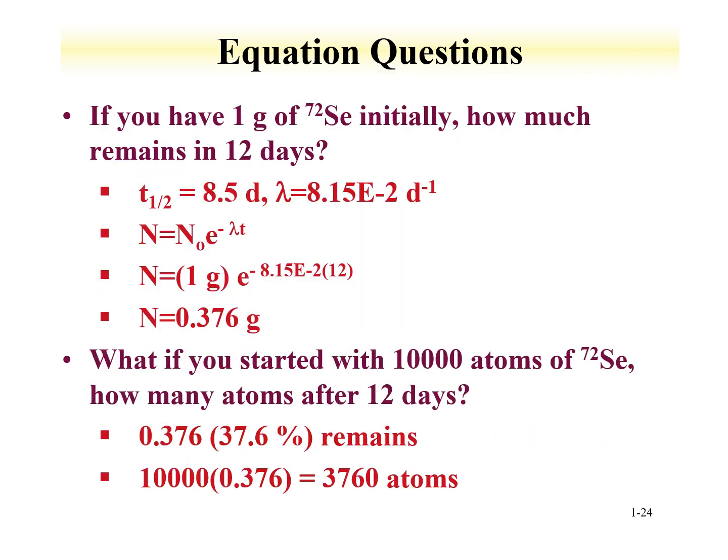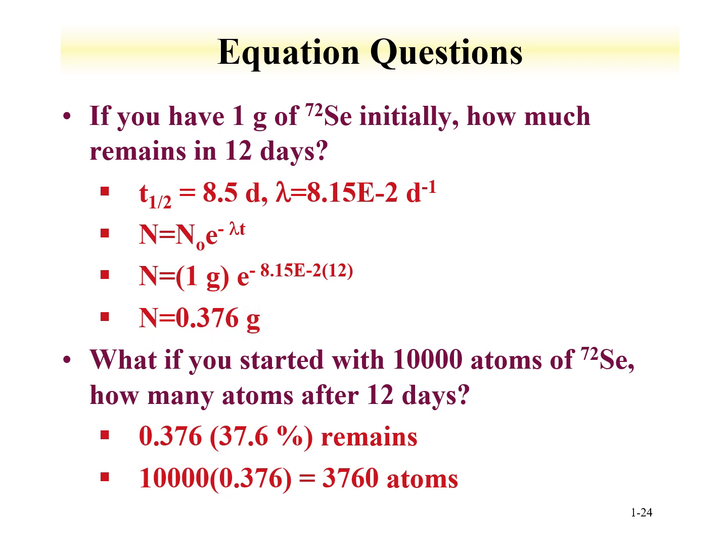Based upon some of the equations that we've reviewed, one should be able to answer some of the following questions. For instance, if you have 1 gram of selenium-72 initially, how much remains after 12 days? Well, the half-life is 8.5 days. The decay constant is log 2 divided by 8.5 days. The number initial times e to the minus lambda t. Well, this is nominally for atoms, but atoms, grams, they're completely linear relationship. So 1 gram times e to the minus lambda times t, 12 days,